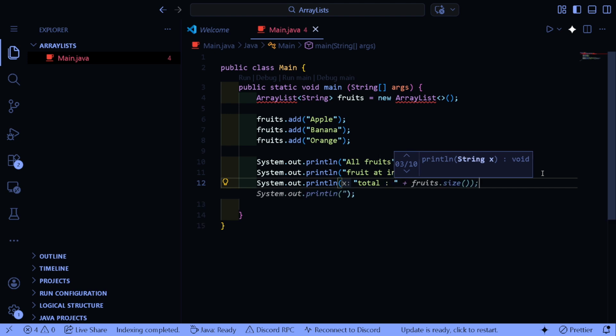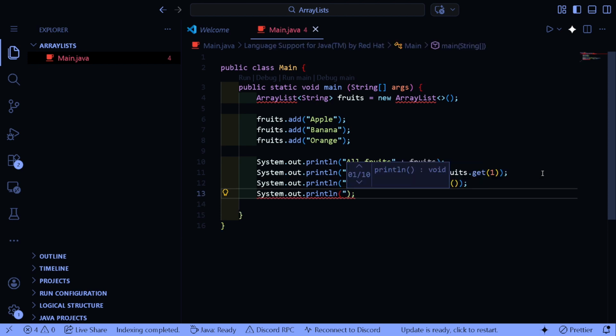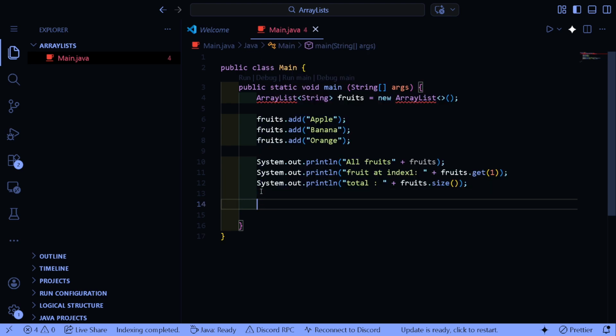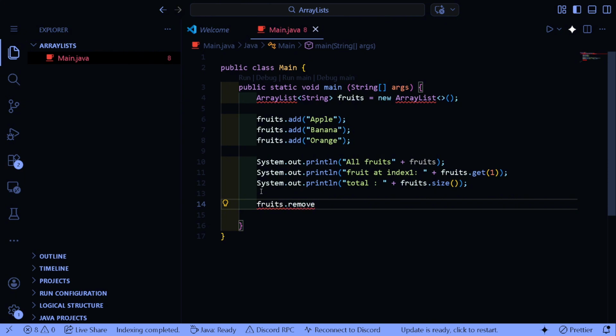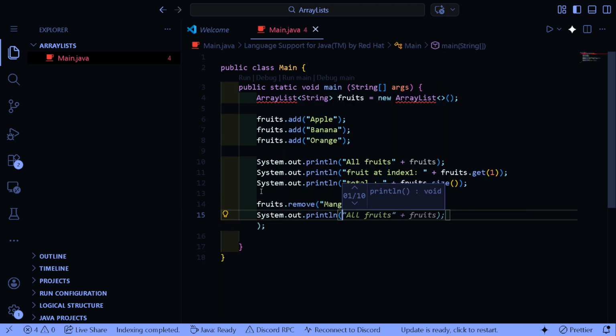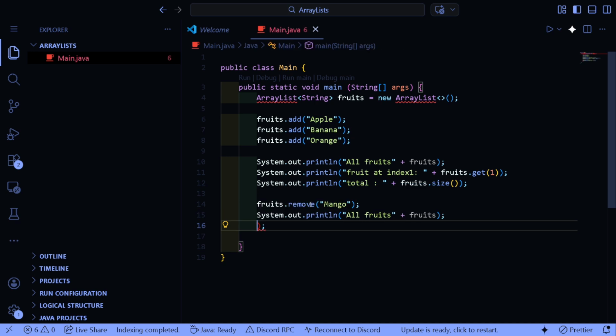Okay, and fruits.remove mango. Okay, and so after removing mango,